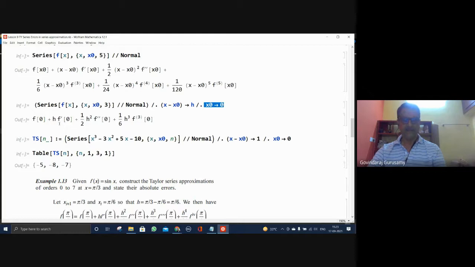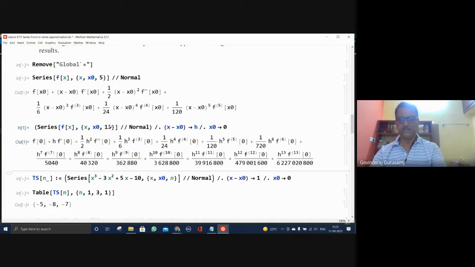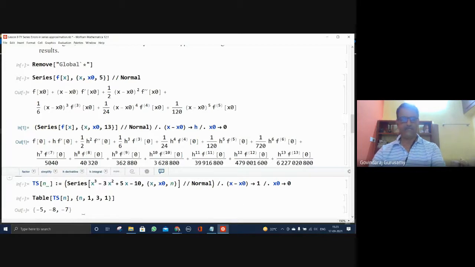Your derivative, all the higher order derivatives, at x0 equal to 0, that's what we are going to find out. And that will be multiplied by the corresponding h. Third order means h cubed, second order means h squared, first order means h, and this will be divided by the factorial. Okay, this is the factorial. That's what it means. If you want to see that factorial form explicitly, you can see it here by putting it in the terms. You can see here, this is where the factorial comes from. Correct? In the denominator you can see the factorials.